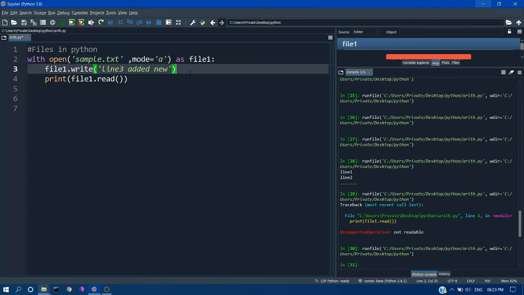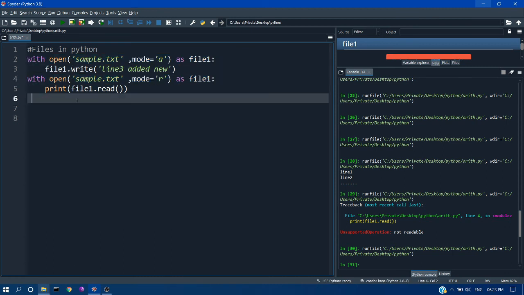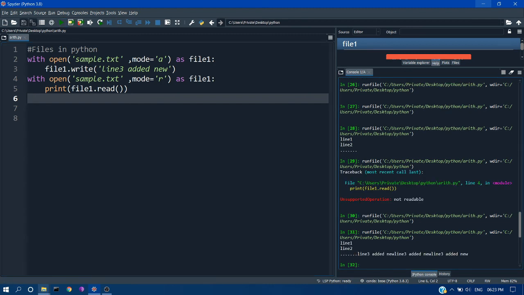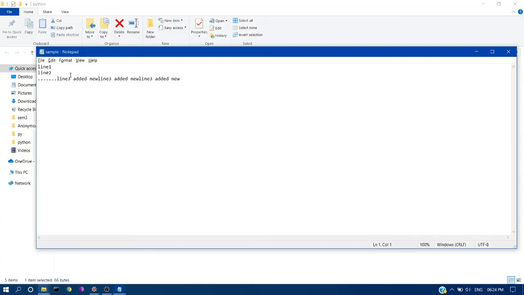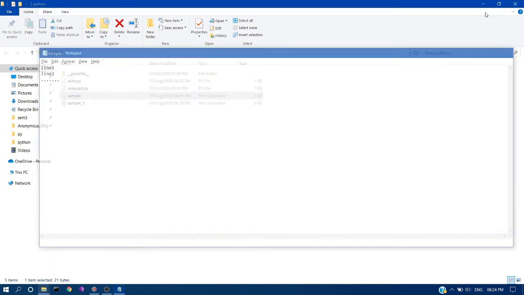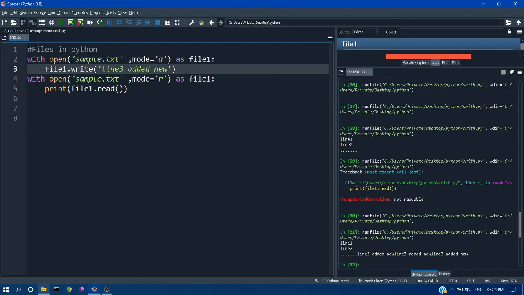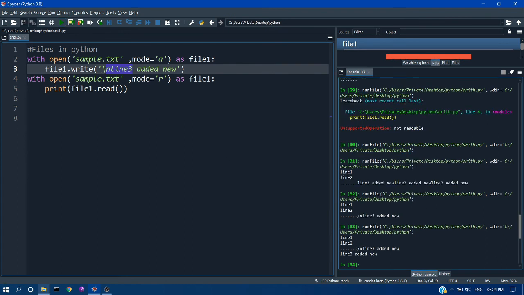So you have to open the file again in read mode so that we can read it now. If you run this, you can see now the line 3 is added here. It's added 3 times because we ran that many times. We haven't used \n so it added because the cursor is located here. So I will delete this, save. Now let's do it properly. Here you need to use \n, and if you run this, you can see line 3 is added here again. So that's the append mode.